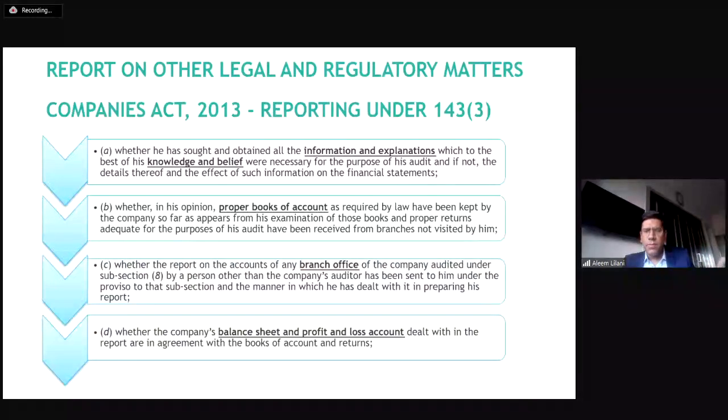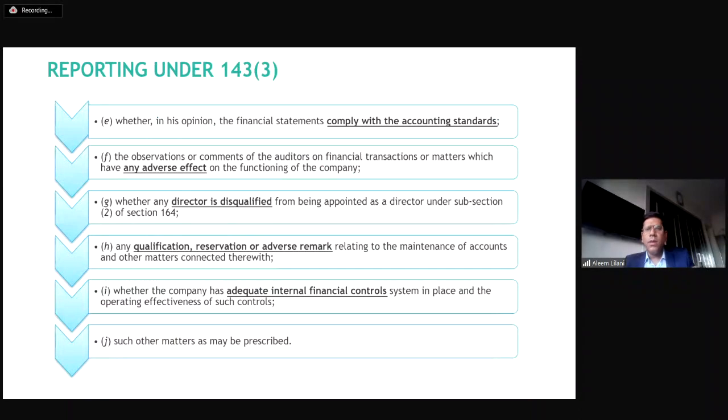Whether the company's balance sheet and profit and loss account dealt with in the report are in agreement with the books of account. So if reconciliations are not received and you are not sure whether what's mentioned in the books of accounts is appearing in the balance sheet, is reconciling, you can choose to mention or qualify that point here. Whether the financial statements comply with the accounting standards, this will of course be seen in your qualifications para. Any observation or comment of the auditor on the financial transactions or matters which have any adverse effect on the